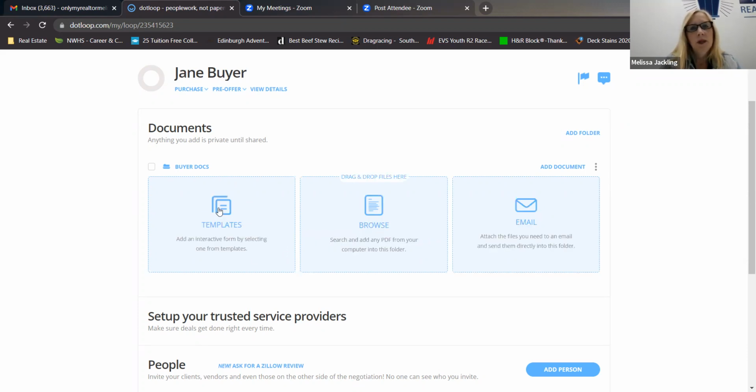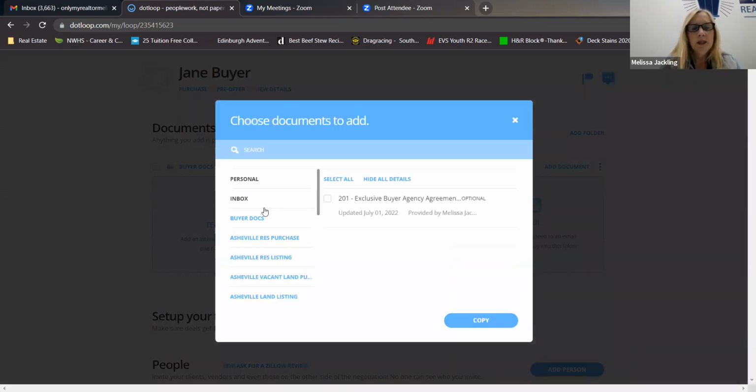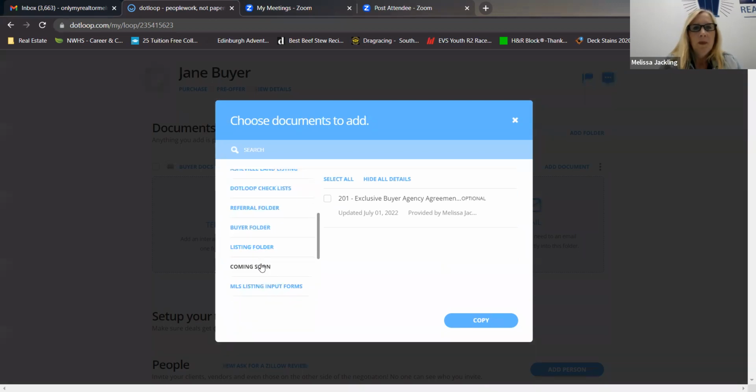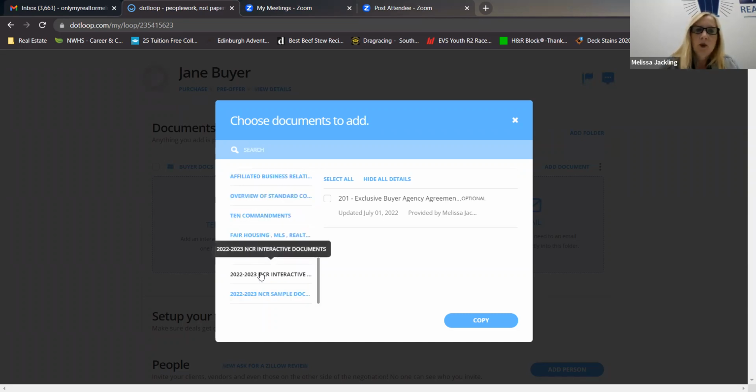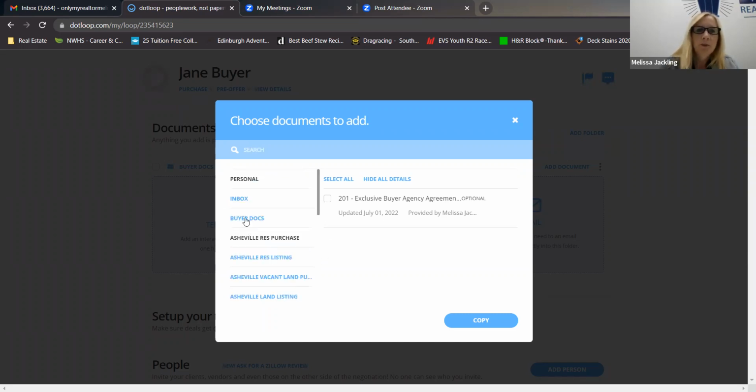And then the third one is templates. So I click templates and you're going to see a stack of templates. These should automatically be in your Dotloop. You can create your own individual ones, but for now, these are the ones that kind of come with it. So we have buyer docs. So if I click that,